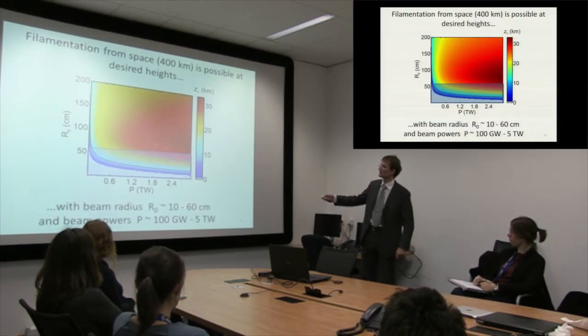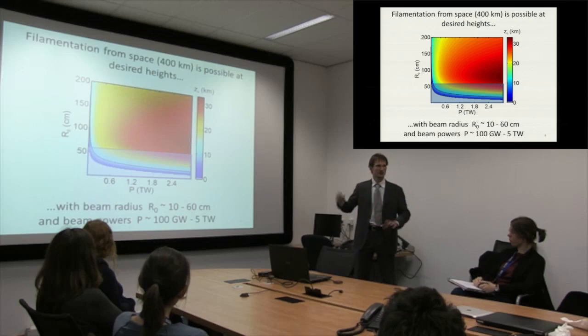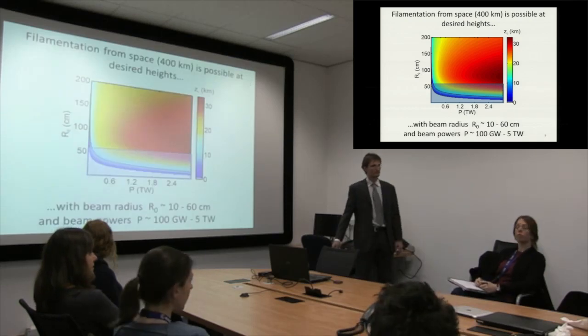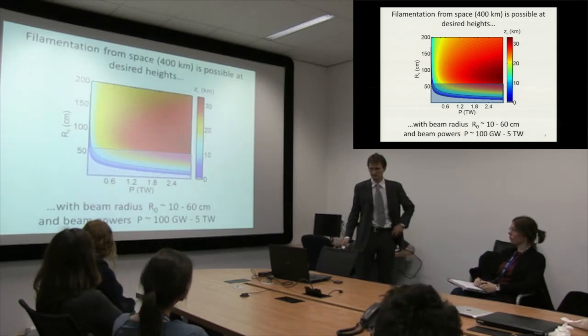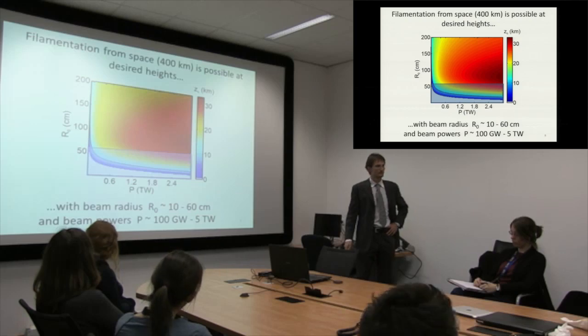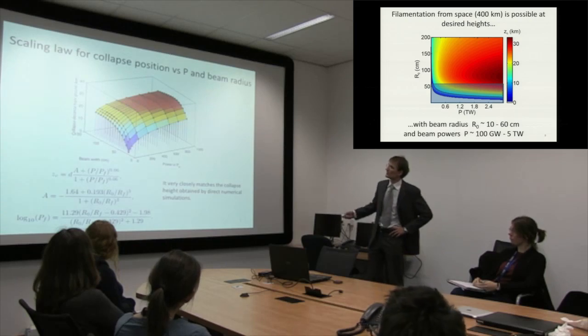And as I said, this one would be interesting area of the laser, so that we have a very broad band of altitudes. So can you go back? So between 1.2 and 2.4 terawatts, also, of course, it's the radius of the beam. So yes, we need, of course, the square of it. Okay, so this